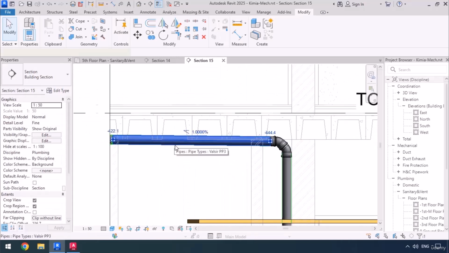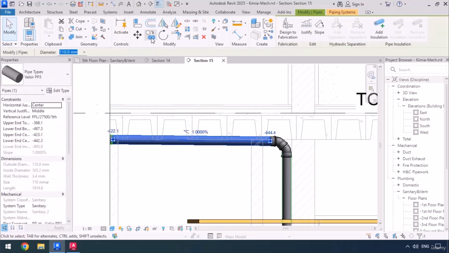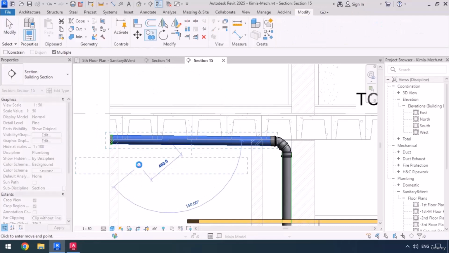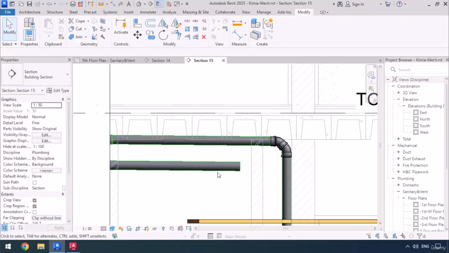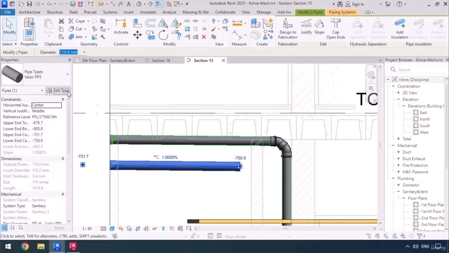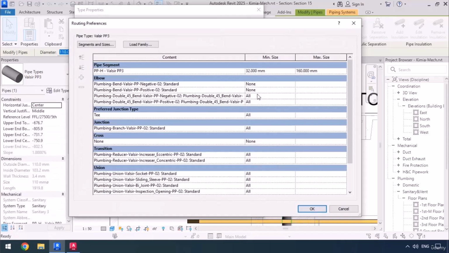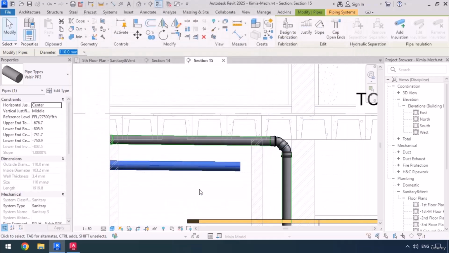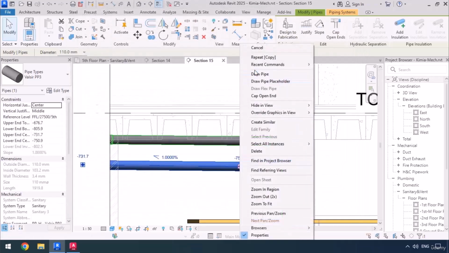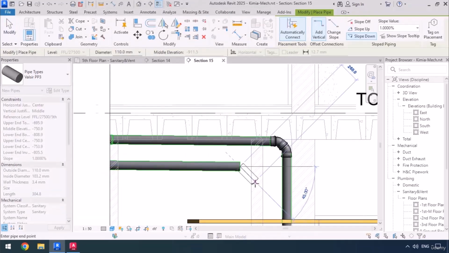Now, if I wanted to draw based on the previous process, for example, let me select this pipe, copy it, and place the copy down here. Again, I'm going to have to select this pipe, click on Edit Type, then Edit, and change the minimum sizes back to all, so the elbows will be used. Click OK and OK. Now to continue, right-click, draw pipe, go down at 45 degrees, and then straight down again